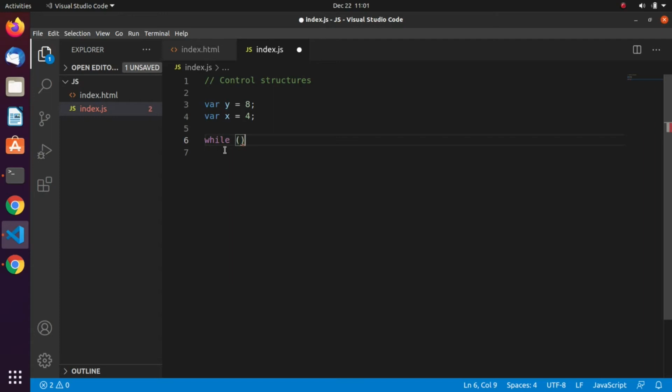While x is less than 8, then you can do something there, and then you can increment, say x plus plus.